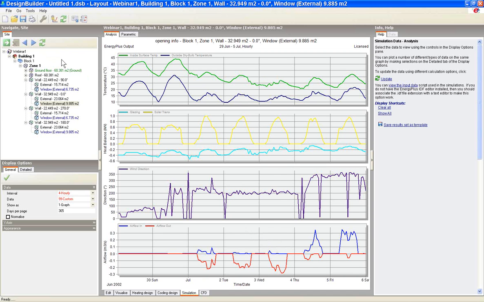So what we're now going to do is try and show you how to take that data from EnergyPlus. That data already exists now. It's in the simulation. We've carried out that simulation. It's already stored in that model. So what we want to do is look at that information and carry that into our CFD model. So I'm just going to go back to my edit screen,